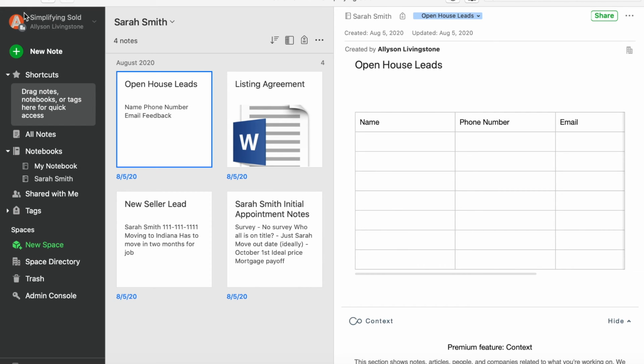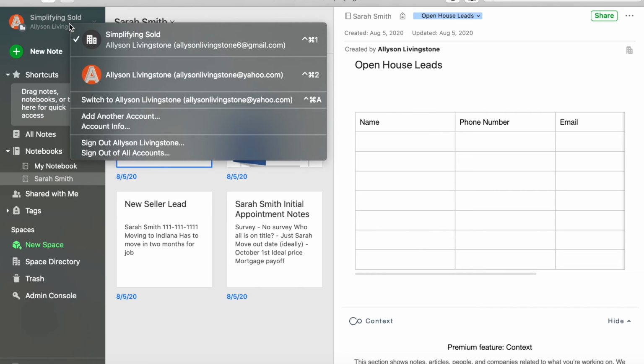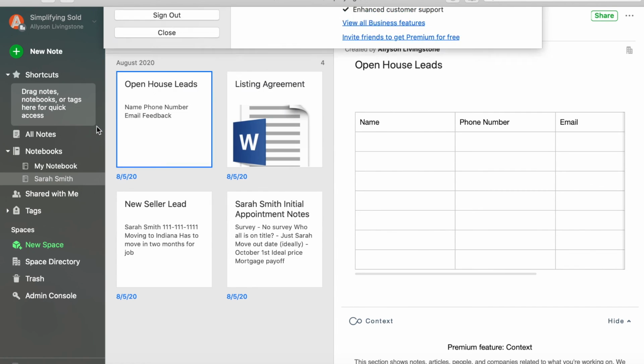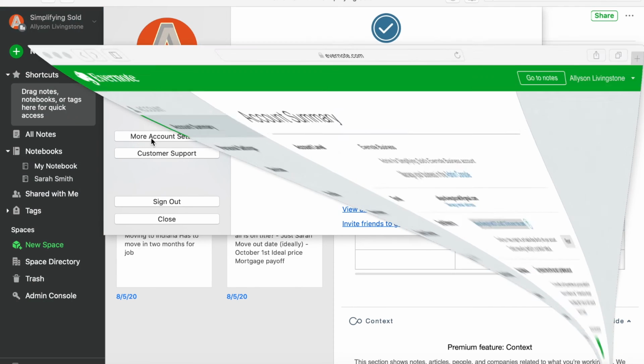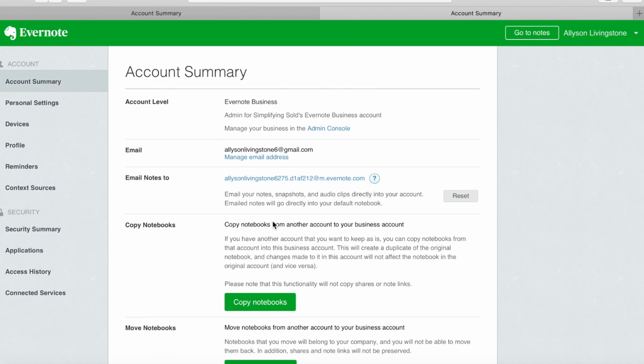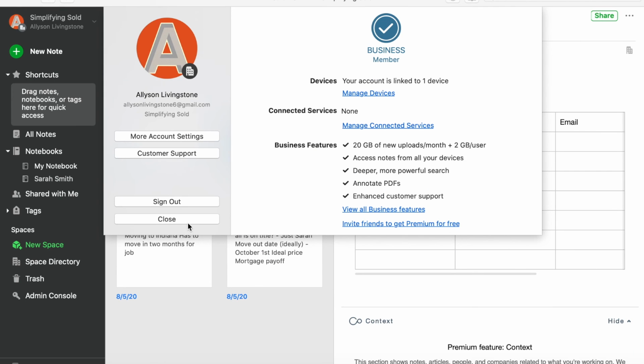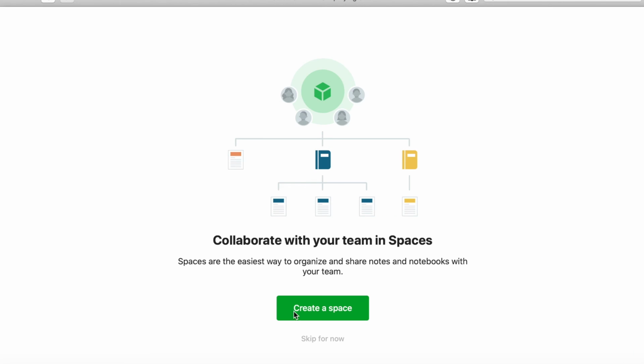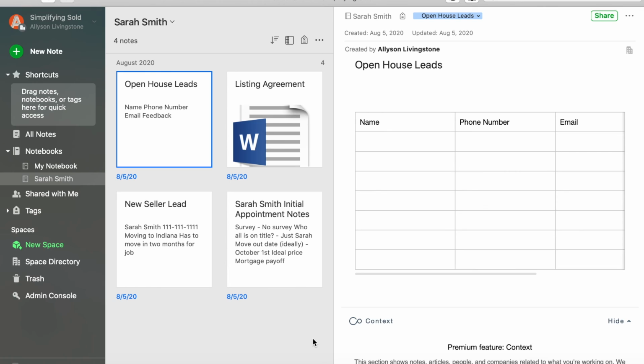You can get that by going up to your account and then account info, more account settings. This will take you to your internet browser and it will show you email notes 2. So what you're going to want to do is copy and paste this email address and then save it as a contact in your email provider. So for me, I would put it as a Google contact and then just name it Evernote email address